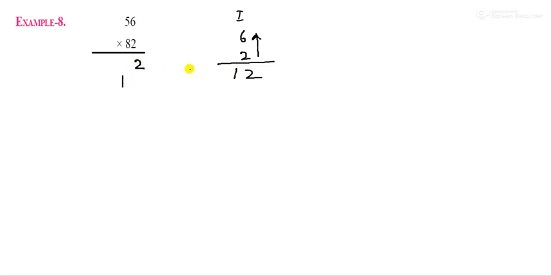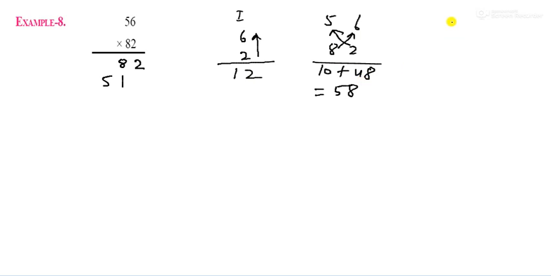First step, that is 6 and 2 multiply upward. So it is 12. So you can write 2 here and 1 is carried out. Now second is 5, 6 and 8, 2. So it is multiplied diagonally. 5 into 2 is 10 plus 8 into 6 is 48. So it becomes 58. 58 means 8 is here and 5 is carried out.